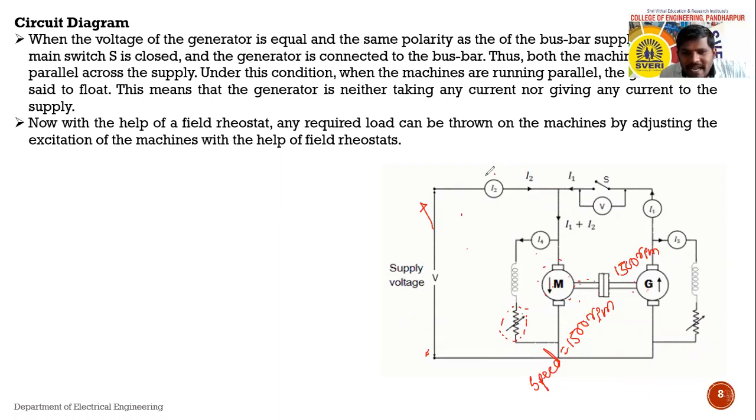Now see, this I2 current will be taken from the supply. Here we are connecting one ammeter. Here we are connecting another ammeter to measure the field current of the motor. Here we are using one ammeter to measure the field current of the generator. Here we are using one ammeter to measure the output current of the generator. Right? बघा, we are representing here I1. This one is I2. This one is I3. And this one is I4. Right? चार current आपल्याला measure करायचे.